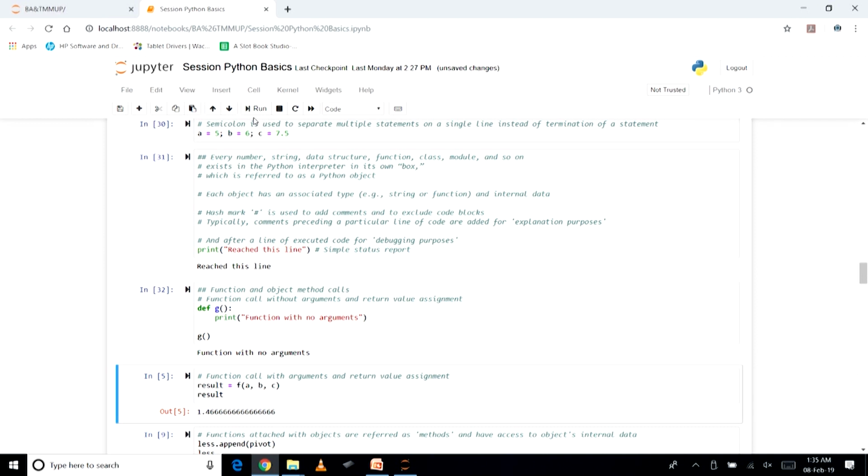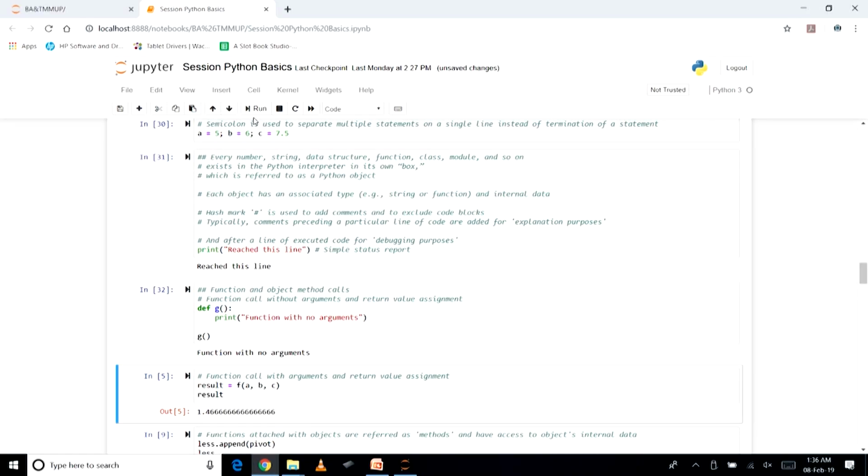Now if we want to make a function call which requires us to pass arguments, and which might also have a return value that will be assigned, for example, we have this function f that we defined previously.